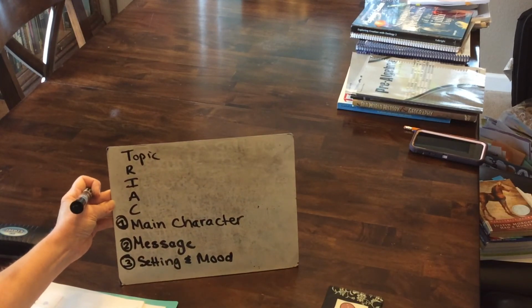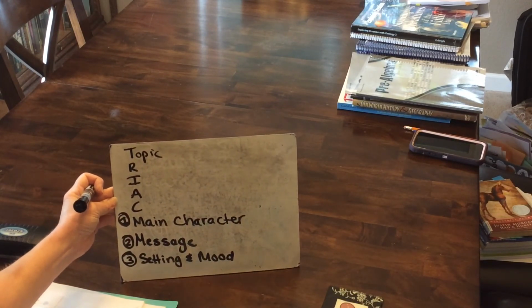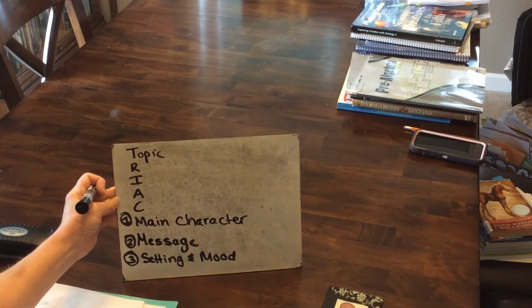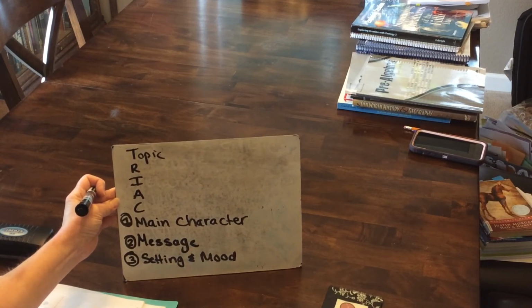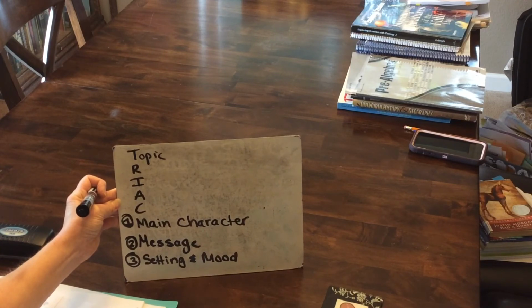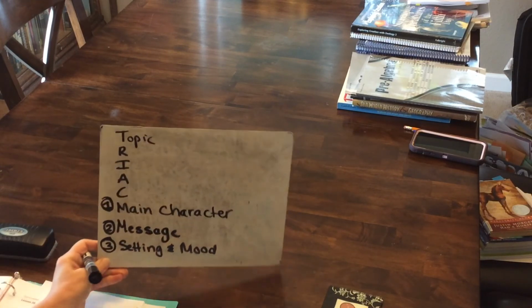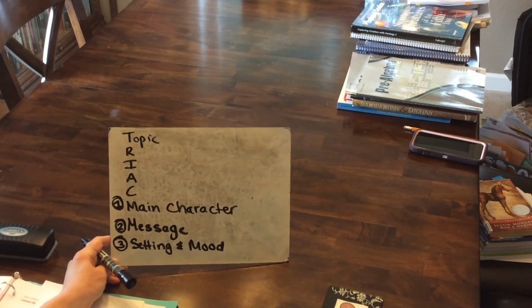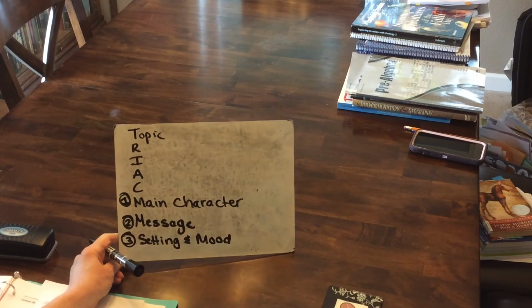The setting and the mood, was there vivid descriptions? Significant development of the plot? Are there symbols being used? For example, in this story, for the main character, it could be Saul, Jesus, Ananias. The message or the theme could be conversion, or listening to God, or trust. The setting and the mood, zeal, dramatic change.